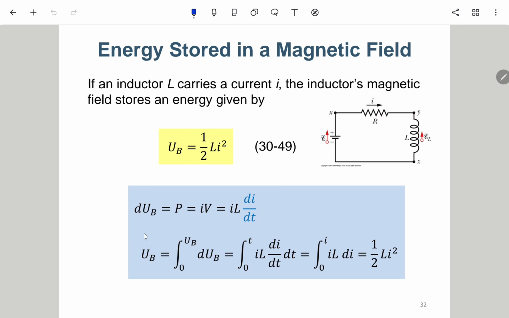Okay, so try to integrate on both sides. So integrate this stuff. Okay, dt cancel. It turns out to be half of Li square. Okay, so if you still remember, UE is half of CV square. Okay, so 所以它们也是一个对称的，就是状态，就是E field 的话就是